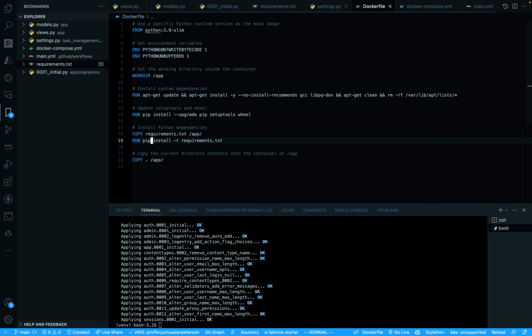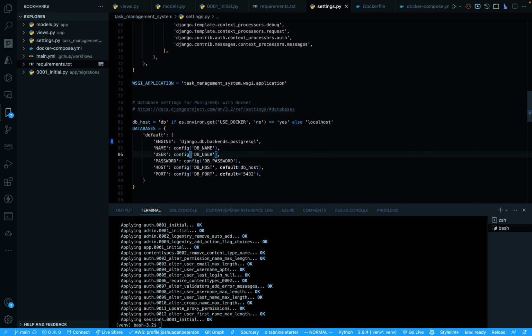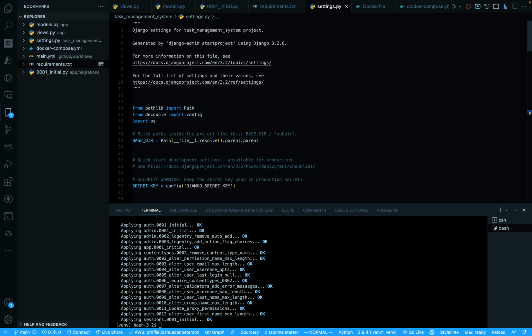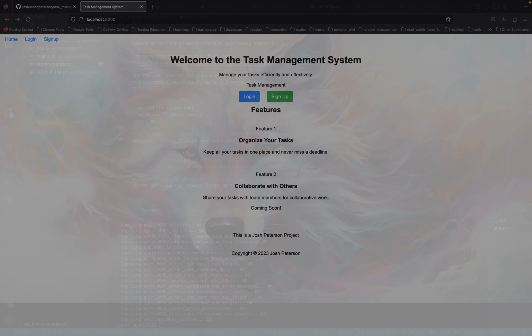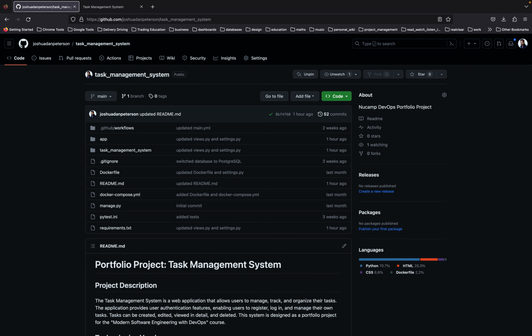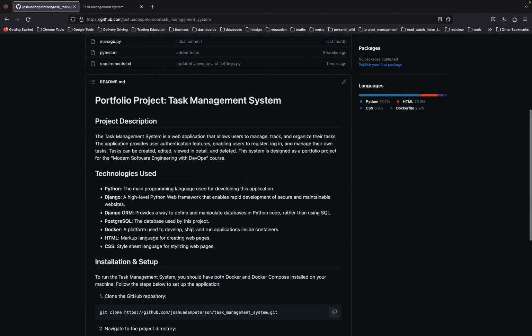As you can see here, here's the environment variables, decouple library. And then another challenge was implementing automated tests. I was able to use GitHub Actions to run tests successfully. As you can see here,